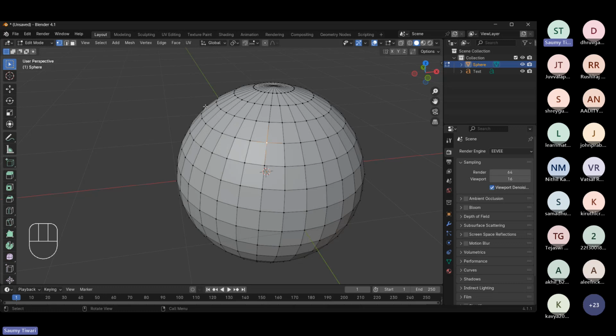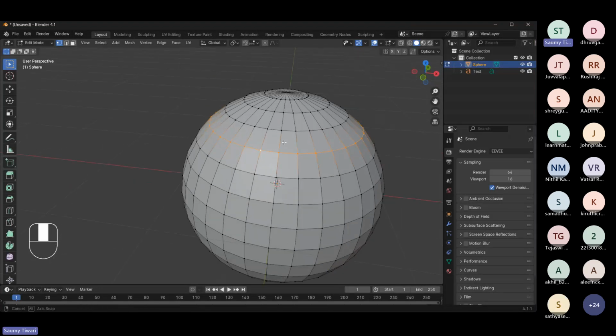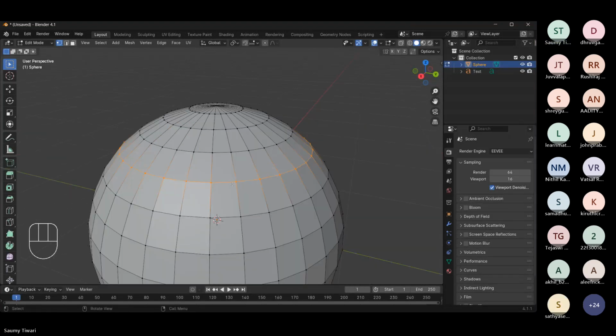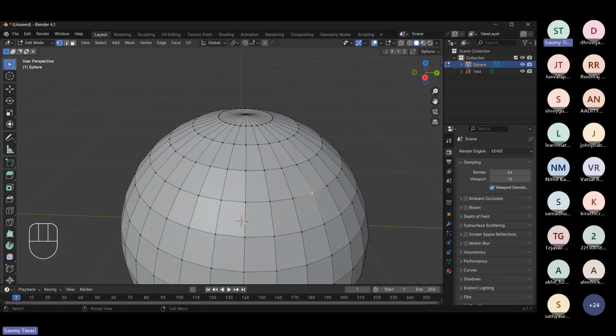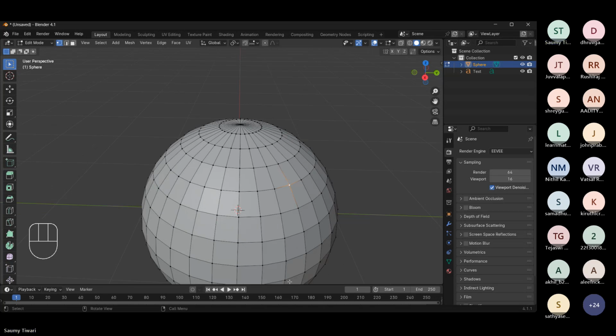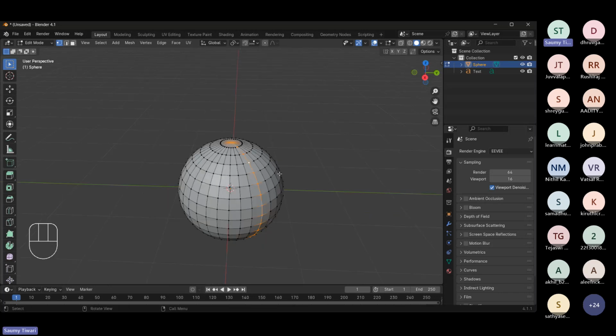if you want to select an edge loop like this, press Alt and select this one. Now you have selected this edge loop. And if you want to select this edge loop, press Alt and click on this one. Yeah, that's how you can